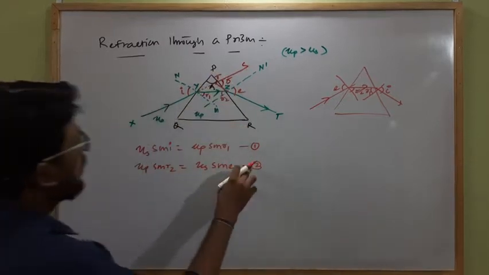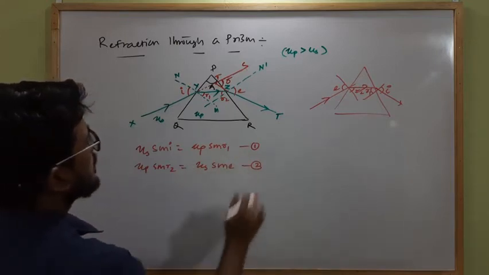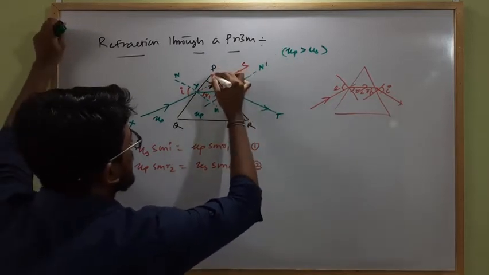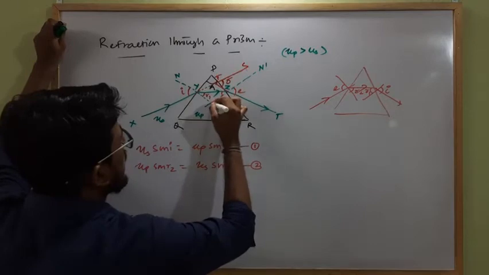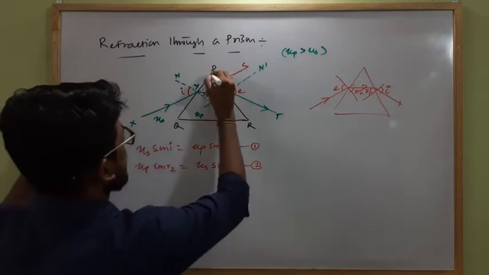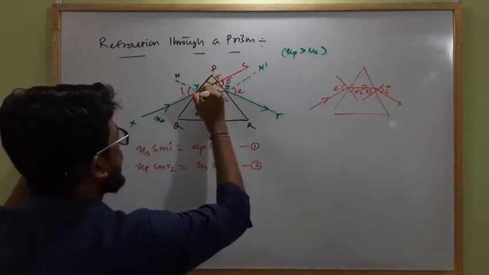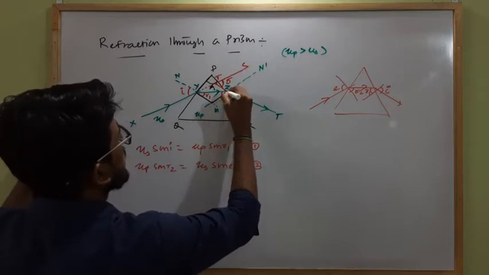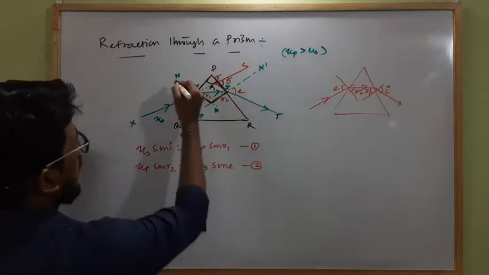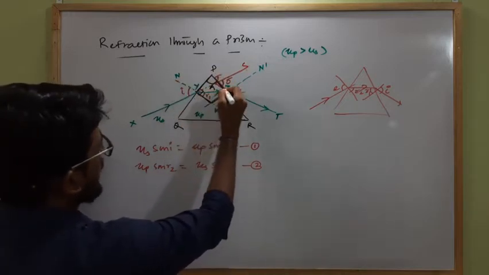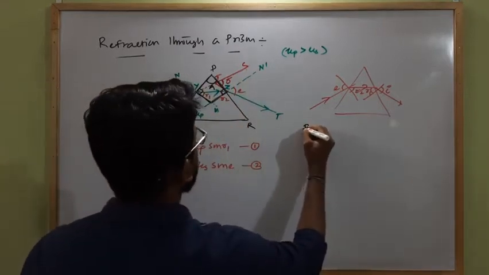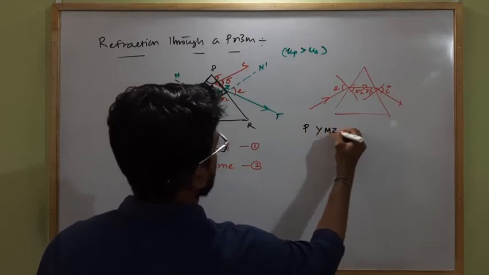Okay. So here I can write the angle A in the quadrilateral PYMZ. Just imagine this is the quadrilateral PYMZ. Look at this quadrilateral. This angle is A. As this is the normal, this complete angle will be 90 and this complete angle will be 90, because these two are normals.